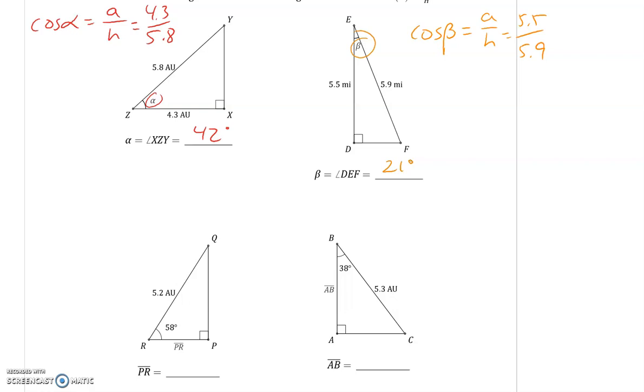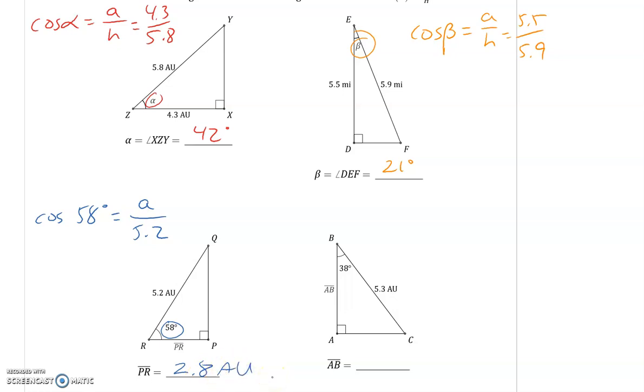Okay, all right, next we're looking for side PR, which is the adjacent. All right, well, I've got the 58, so I'll set it up. I know I'm using cosine. So cos of 58 degrees is going to be the adjacent divided by the hypotenuse, which is 5.2. Again, cross multiply, so you can take the cosine of 58, press equals, times 5.2, and then you can divide by a magical 1 if you want, and PR, or the adjacent, ends up being around 2.8, it's like 2.76, so we'll just round it, 2.8